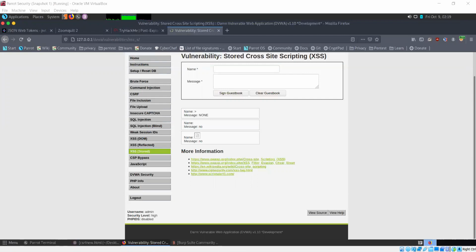So that is your reflected cross-site scripting. Sorry, that is your stored cross-site scripting.